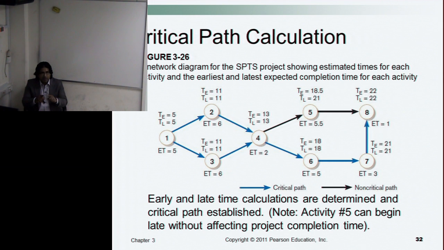So we sum them up and it gives us the earliest time